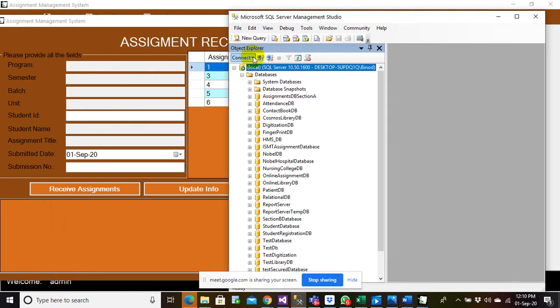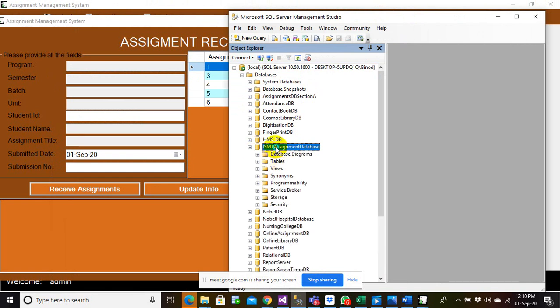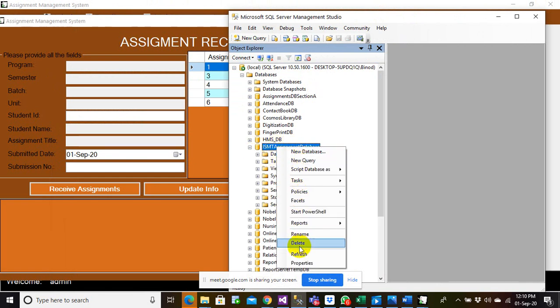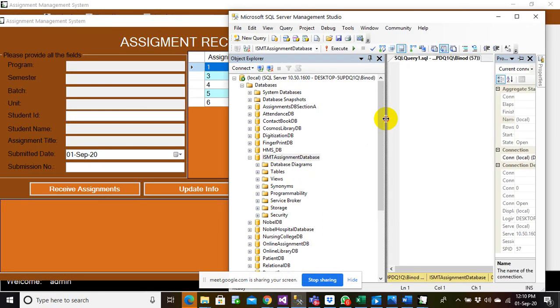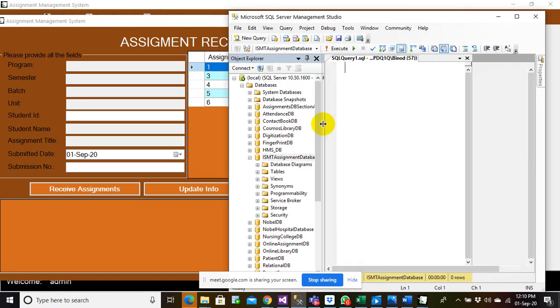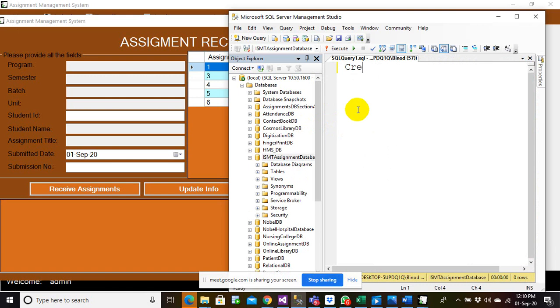Let me create a table. Create table assignment receipt table, and now we have receipt ID.